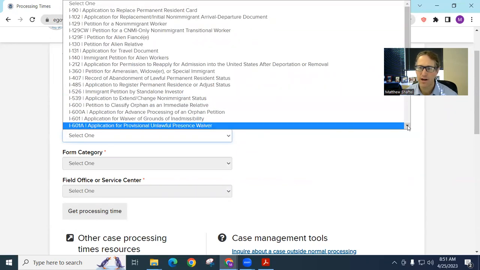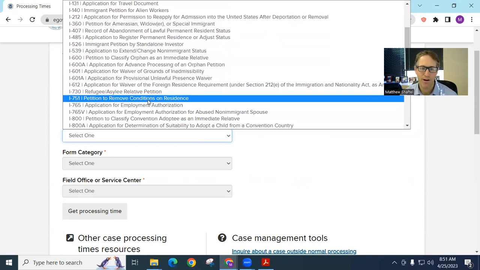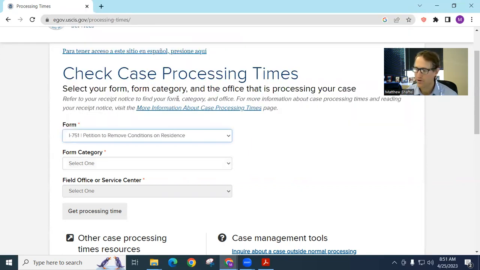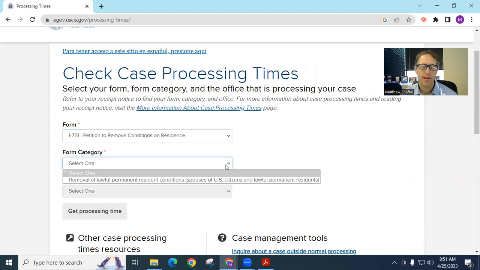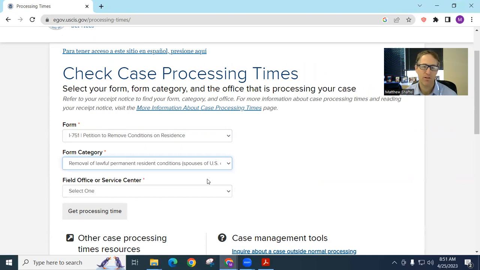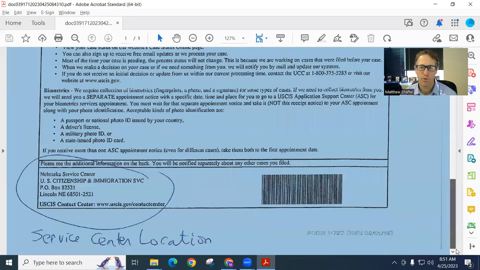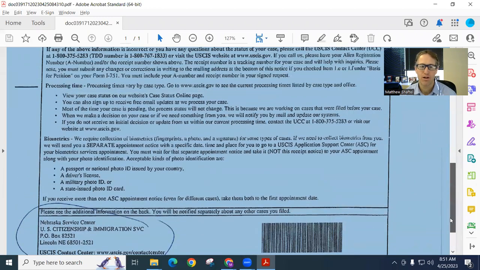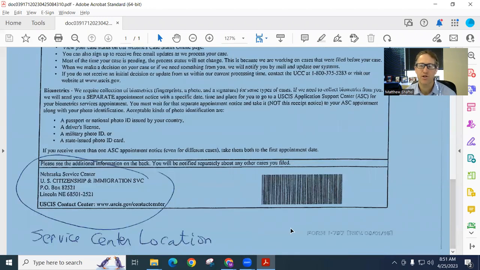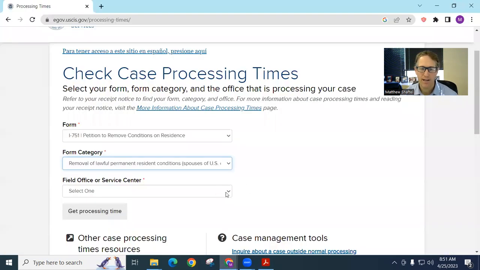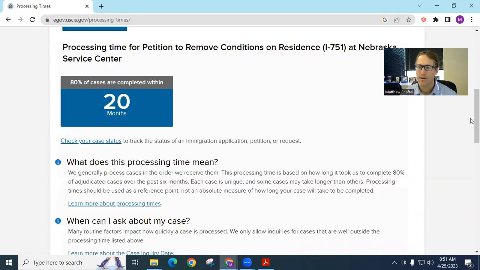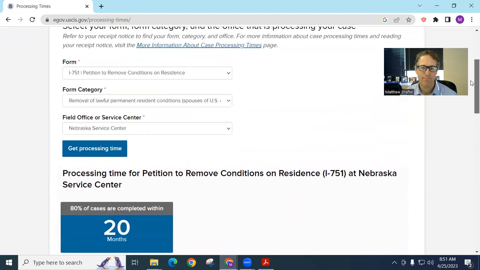We're going to scroll down and find that form. You're going to have to know what form's been filed, that you filed on your own or filed with an attorney. Then in this context, there's only one type of category of an I-751, so it's easy. You just select removal of lawful permanent resident condition. And then, as I mentioned before, you have to know where your case is pending, because multiple service centers will be working on the same types of cases. They distribute the work around the country at their different processing service centers. We know this one's at Nebraska, and we're going to click on Nebraska Service Center, get processing time, and they will give you a processing time